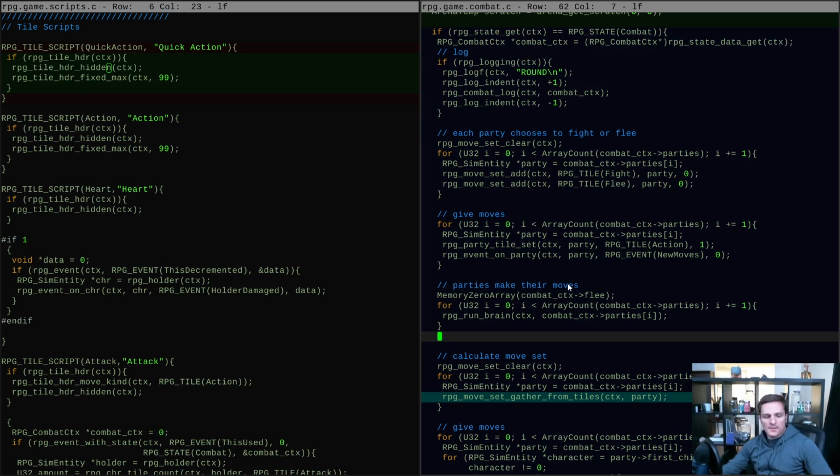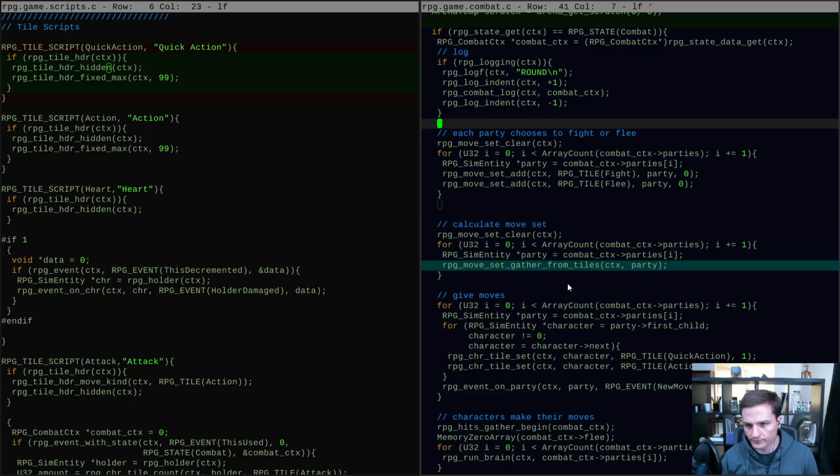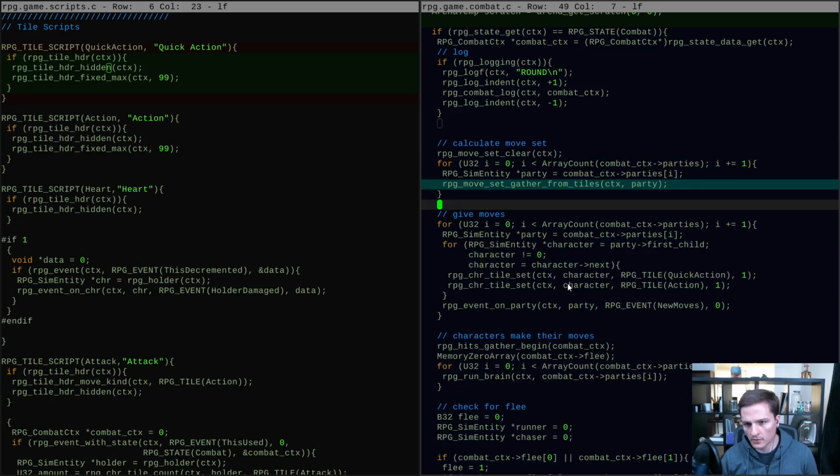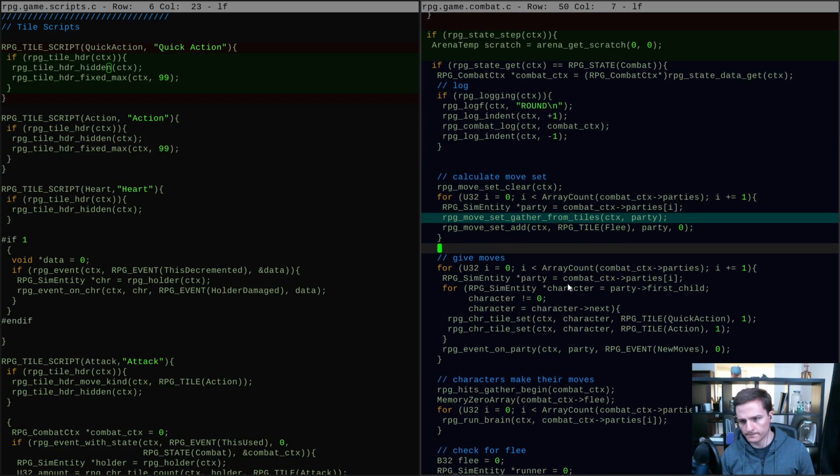So it makes me wonder how I want to adjust. I could, for instance, say with the flee move, gather from tiles and then throw a flee move onto each party as well. And then